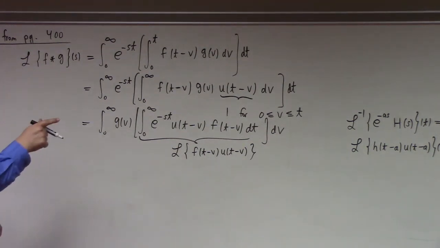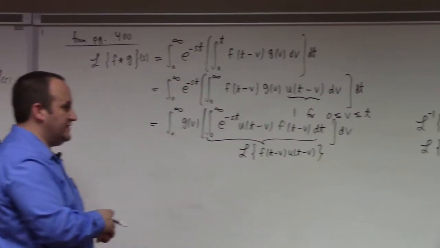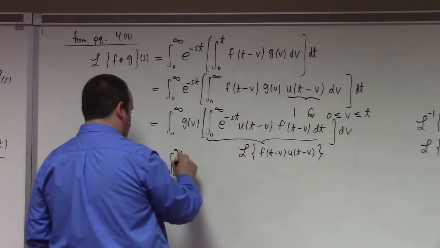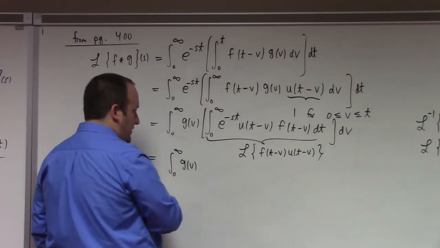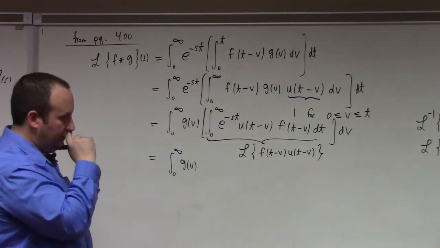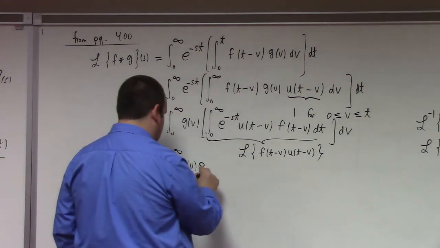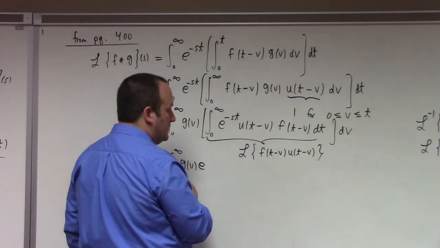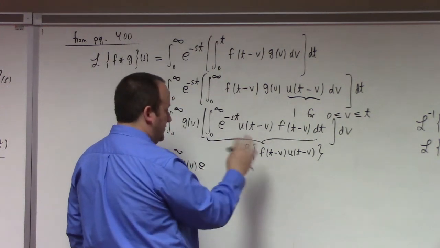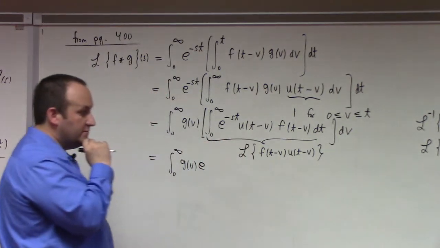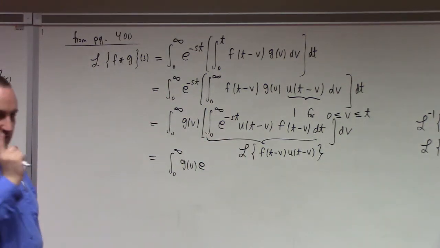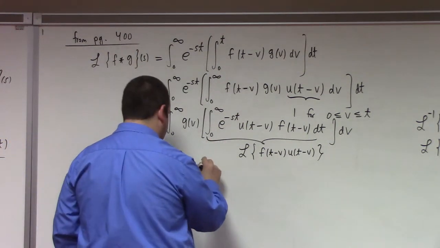So by the theorem that we derived last week, we have the integral from 0 to infinity of g of v, what is it? E to the what? Now what's playing the role of a here? v. v is like the a, right? So it's e to the minus vs,